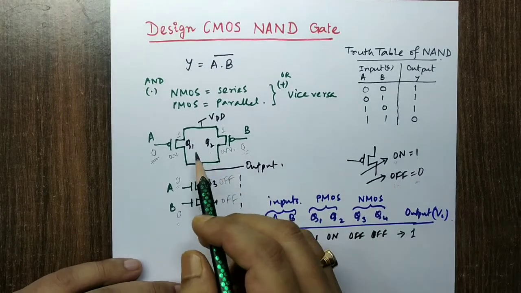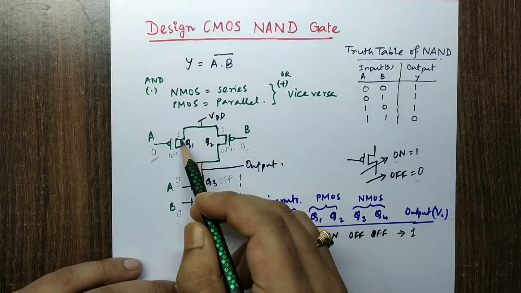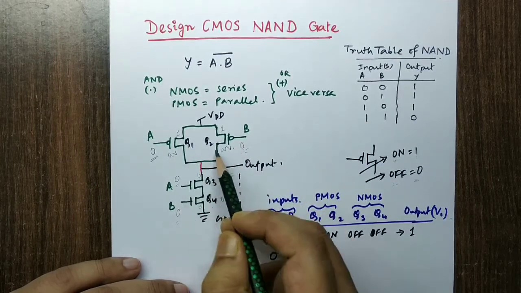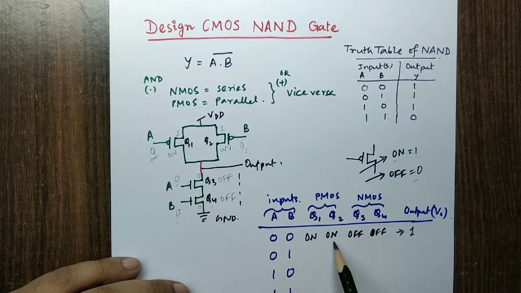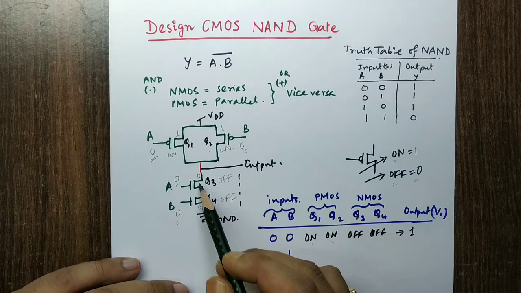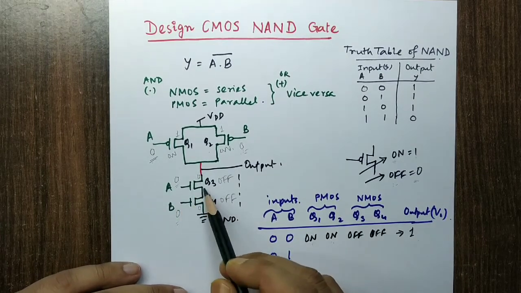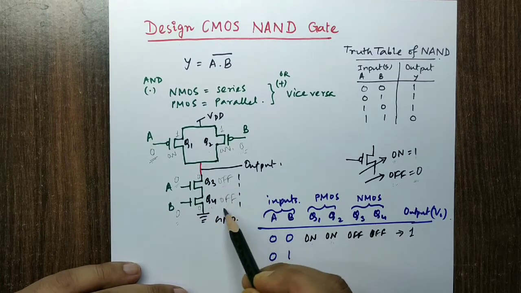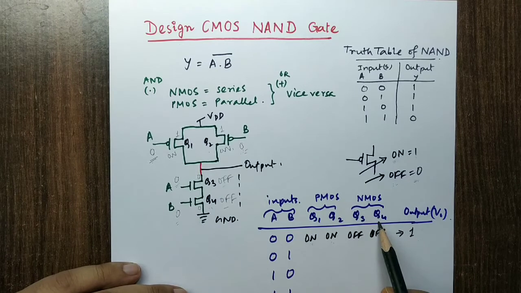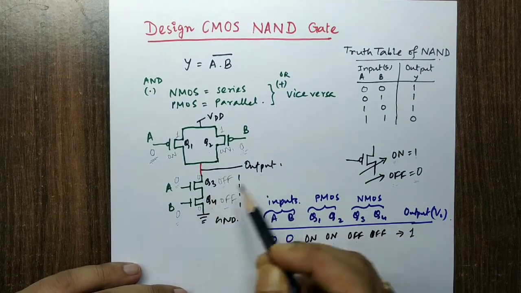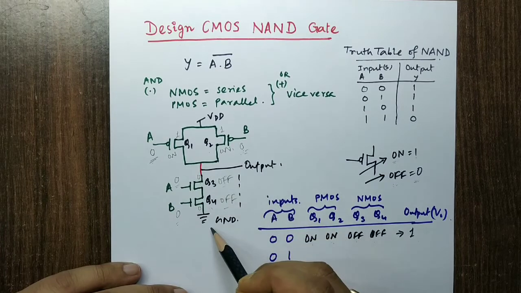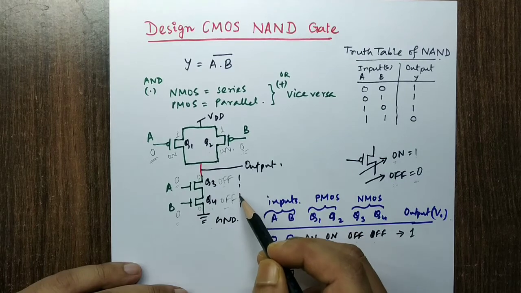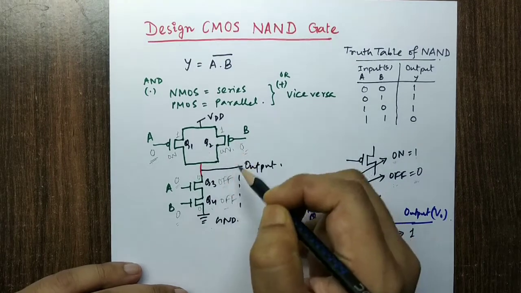So here also the same thing. That means for the Q1 transistor, we can see what value is appearing on top of it, 1, and so for Q2. So Q1 and Q2 both are on. That is why I have written Q1 and Q2 both are on. And similarly, the value getting through Q3 and Q4 is 0 and 0, that means they are in off state. That means Q3 and Q4, both NMOSes, are off, and for that the output will lose its contact with ground, because it will be an open circuit. That is why I have made a dotted line symbol. If it is a straight line, that means it is a proper connection.